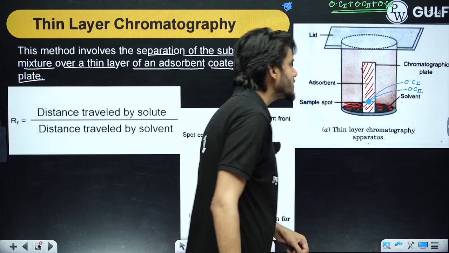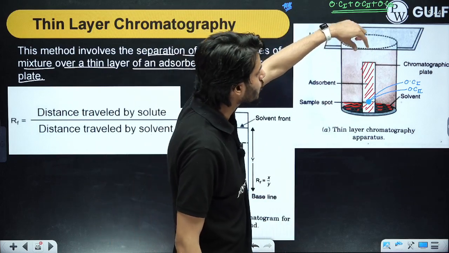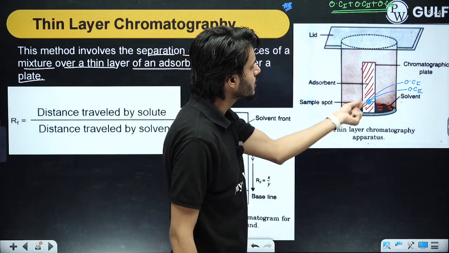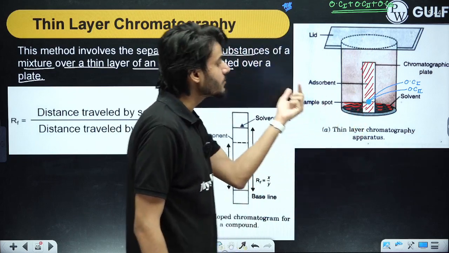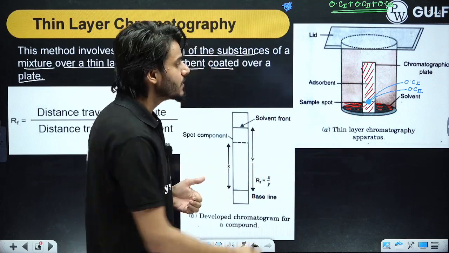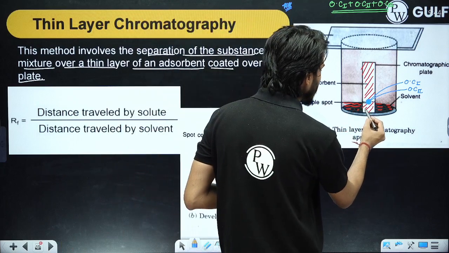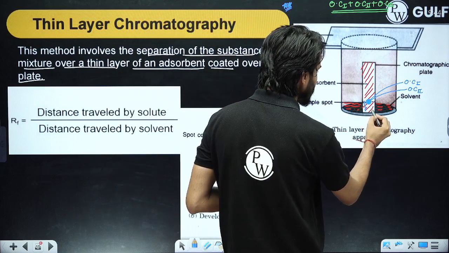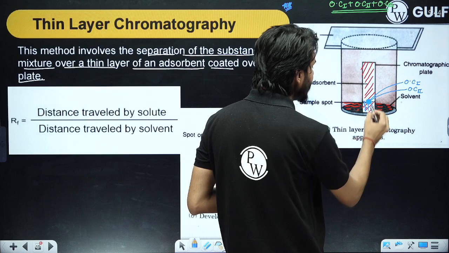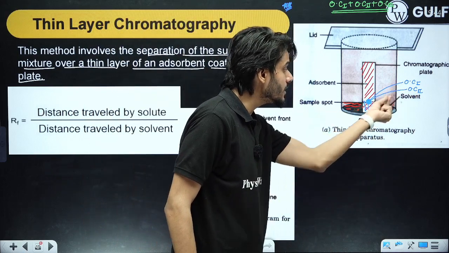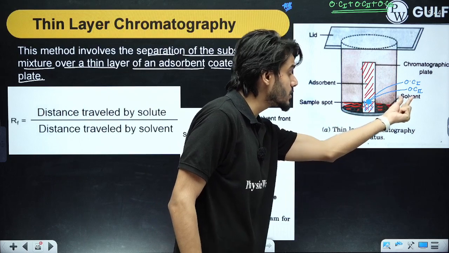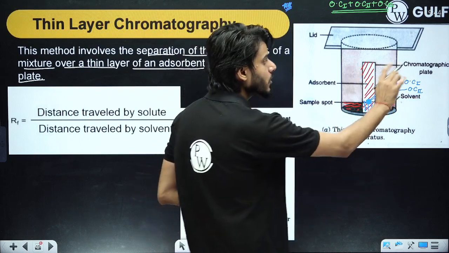Now as soon as you dip this chroma paper, along with the spot of this organic mixture, into the solvent, just because of the capillary nature, this solvent will start to rise up inside the chroma paper. And because the degree of adsorption of the different organic compounds on this adsorbent is different,